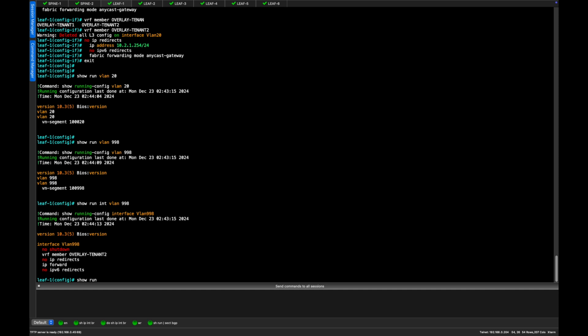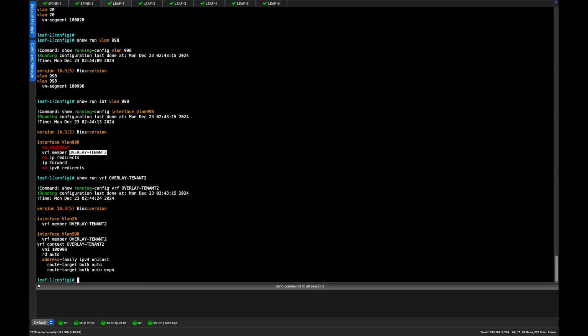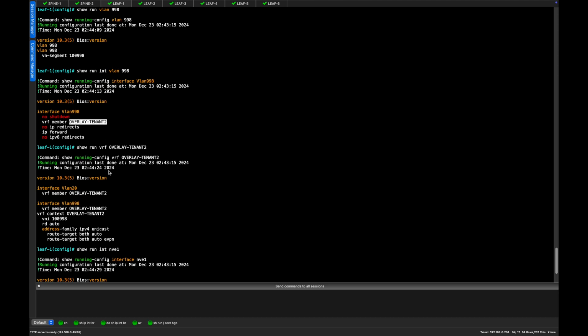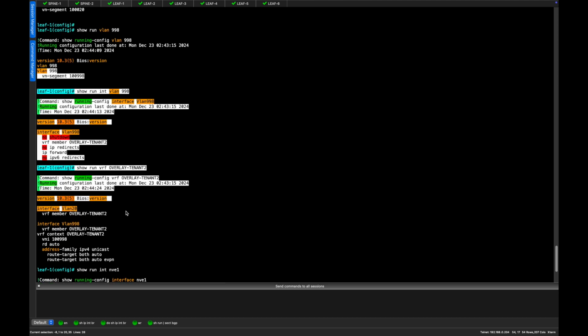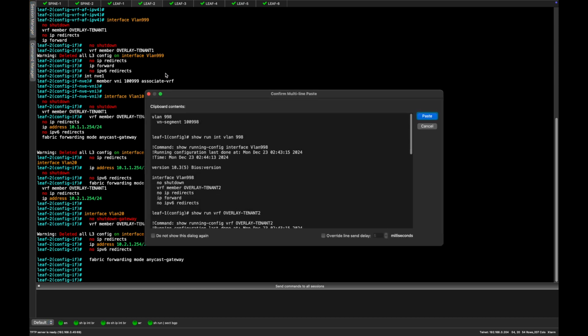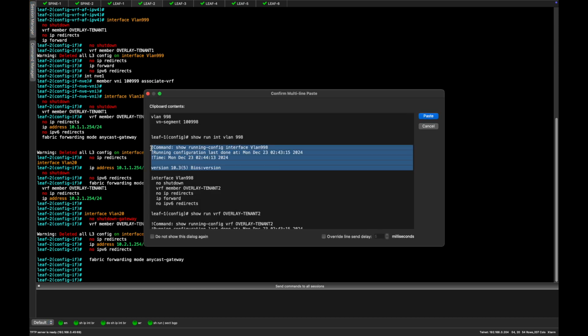Show run VRF overlay tenant 2, NVE1. So copy all that, and then